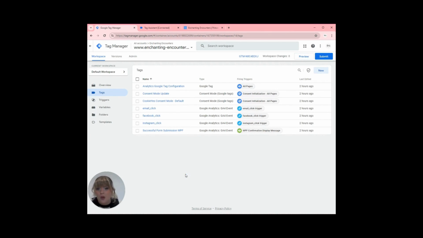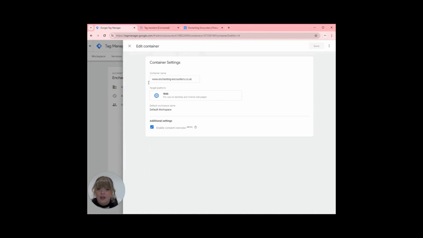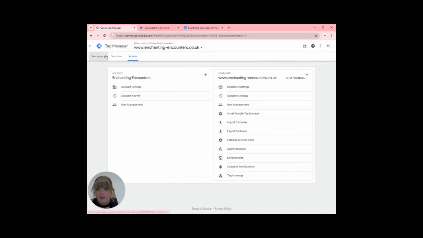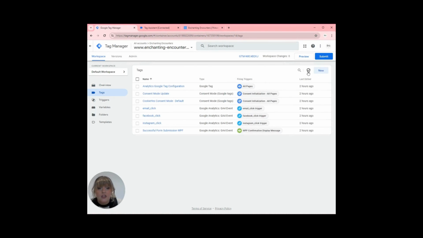So now that we have it all working properly, it comes onto the last step, which is to navigate back over to the Google Tag Manager account and click on Admin. We then want to click on Container Settings, and you'll see this little bit down here called Additional Settings, and it will say Enable Consent Overview Beta. You're going to want to click that. Now we can go into our tags, and you should see this little symbol here. This is the consent overview symbol. So if we click on that,